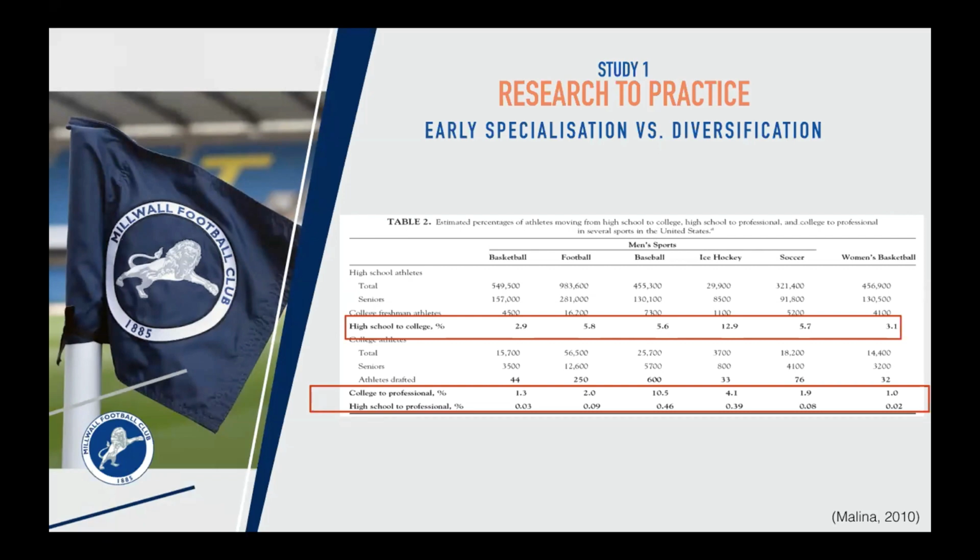But if you take it in the global bigger view of it, from high school, so that huge number at the start, all the way down to the professional athlete right at the end, which is the whole performance pathway, only 0.08% of those athletes at the start made it into the professional sport. So it's just a really